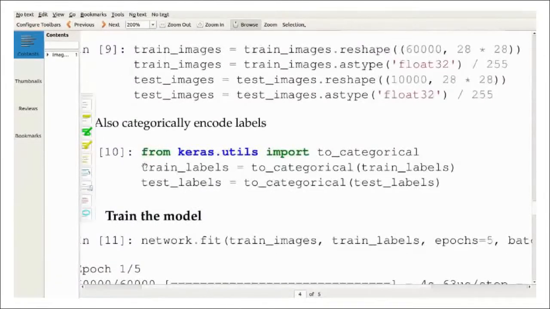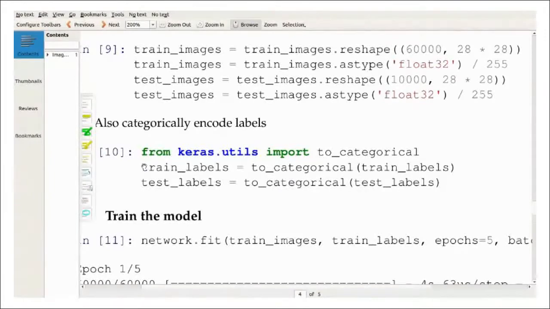And train labels, we have some values 0, 1, 2, up to 9. So we apply categorical encoding, or you can say one hot encoding. Like suppose the output label is 1, you will mark it as 0, 1, 0, 0, 0, 0, 0, 0. So each label is converted into a 10-dimensional vector. And the value corresponding to the actual label will be activated, others will be 0.